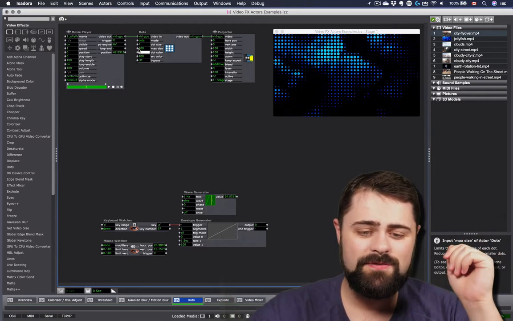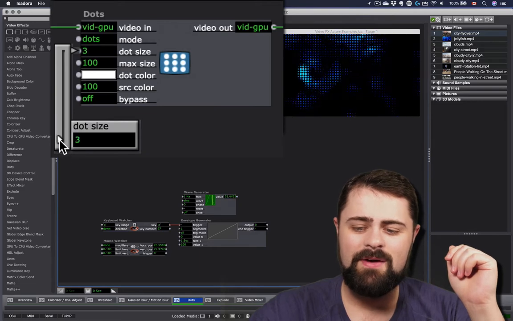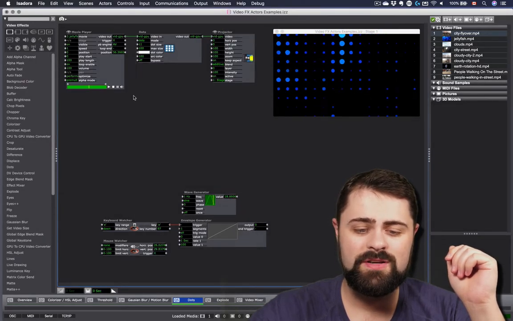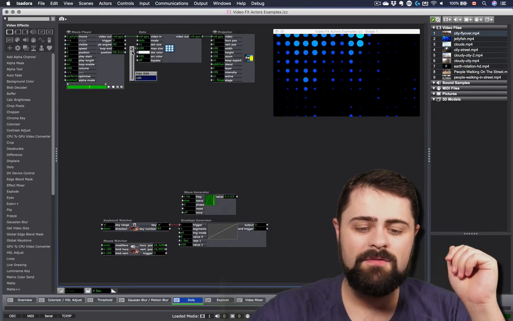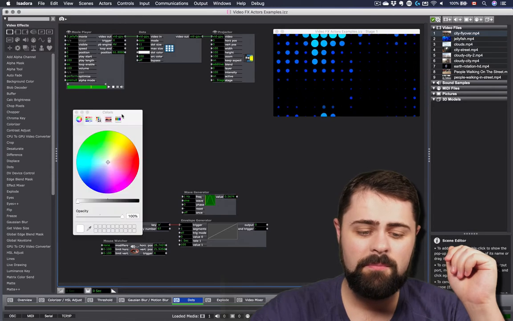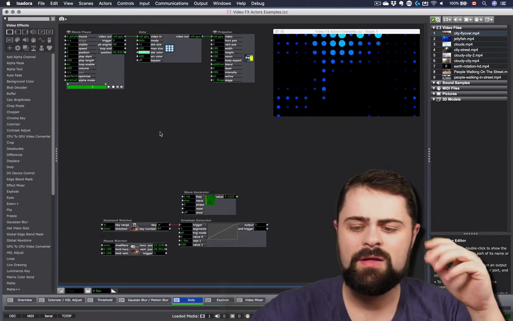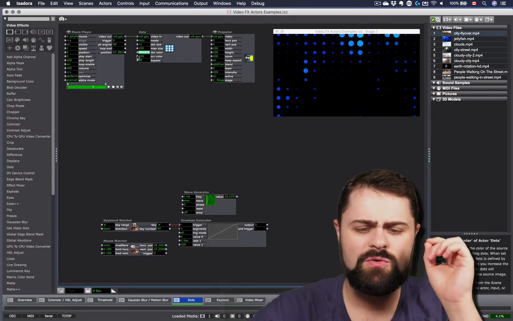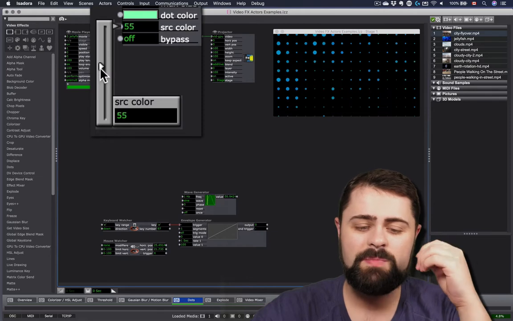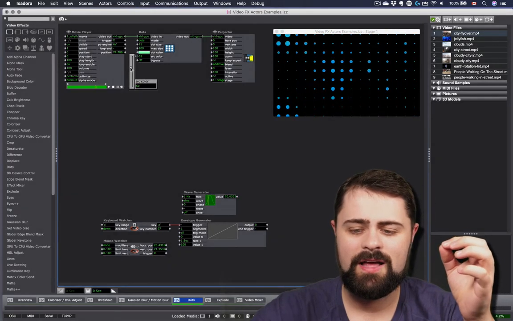We can actually transform the size of these dots, making them either very, very small and very fine, or much larger instead, and varying the dimensions and distance, and even applying a little bit of color to the dots as well, simply shifting the hue just a little bit of the various dots by modifying the dot color and the SRC color of the dot as a whole.